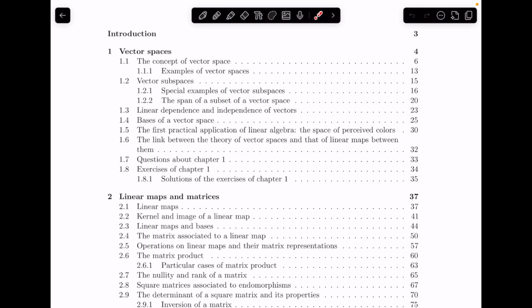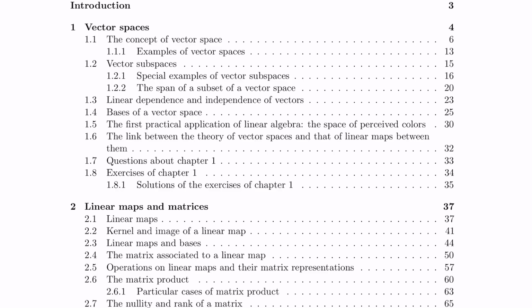We have almost finished chapter 1. The only sections that remain are this one, dedicated to the first practical application of linear algebra, and this one here, in which I will show you the link between vector spaces and linear maps that are the central topic of chapter 2. I prefer to discuss these two sections later and skip immediately to the section dedicated to exercises